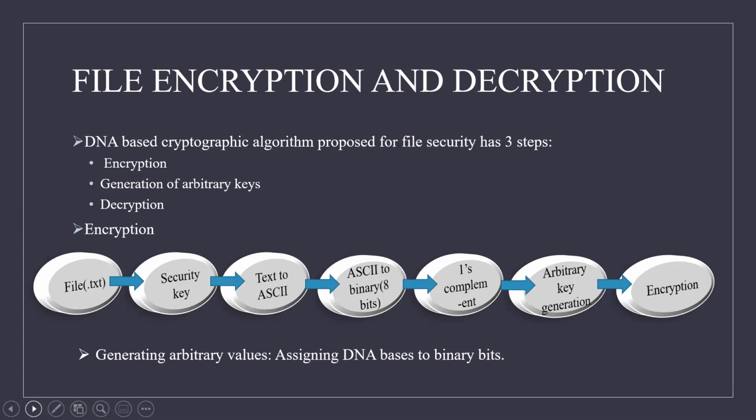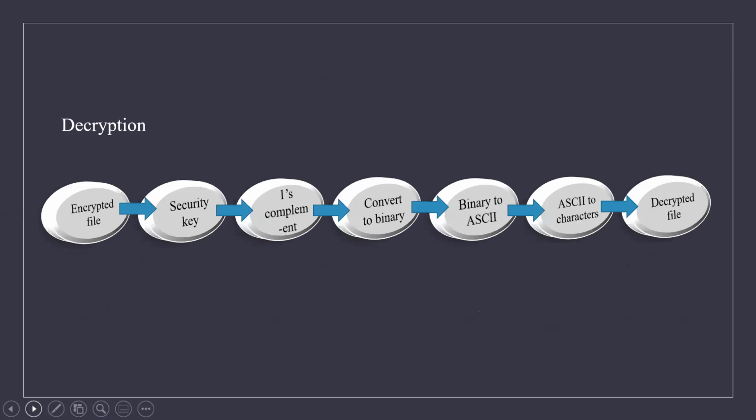The second step is used for enhancing the encryption process further by pairing 4 bases together instead of 2, and then using their binary form as the arbitrary key for decryption. And for decryption, first, the encrypted message is considered in terms of DNA sequence. The security key used during encryption is used again here. The result obtained is converted to binary, and one's complement is applied to this binary form. This is converted to decimal value, then equated to ASCII values, which are in turn converted back to characters, and the decrypted message is obtained.